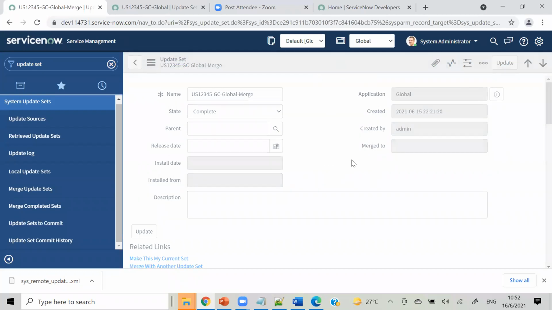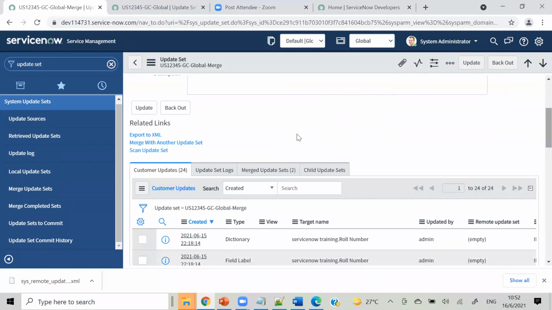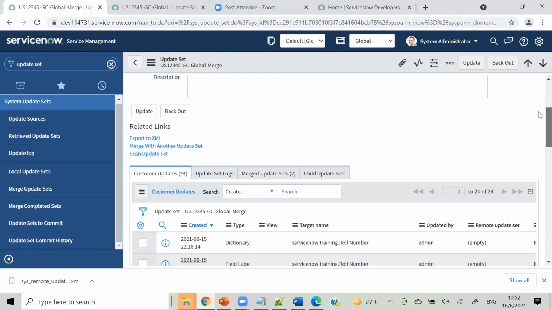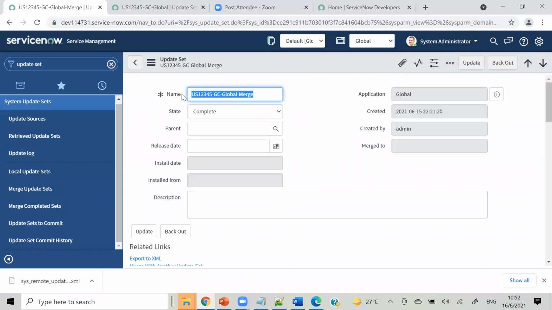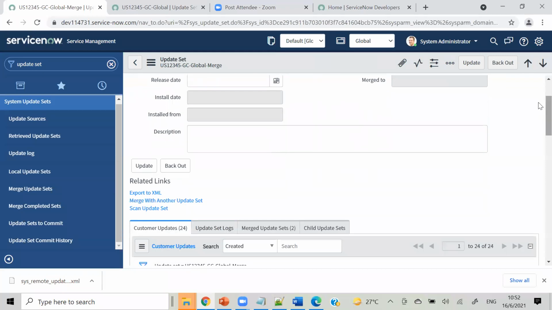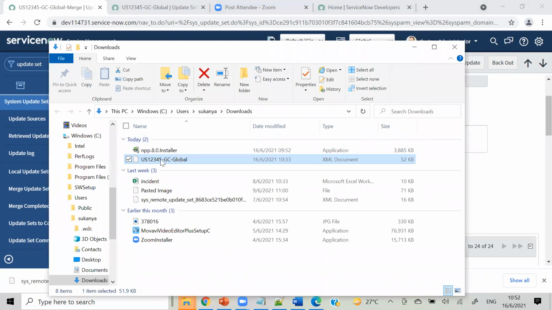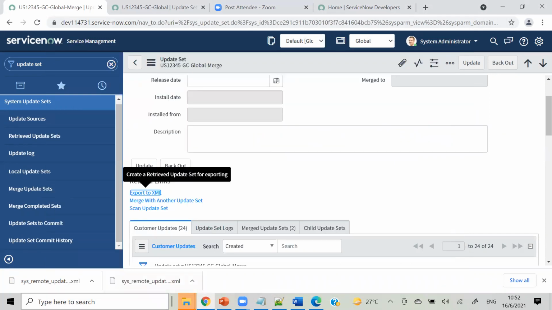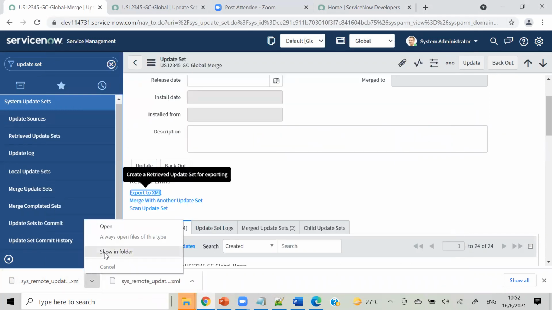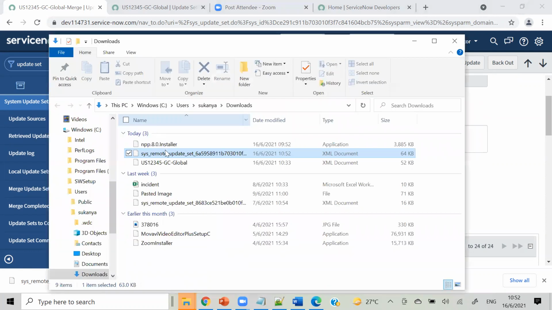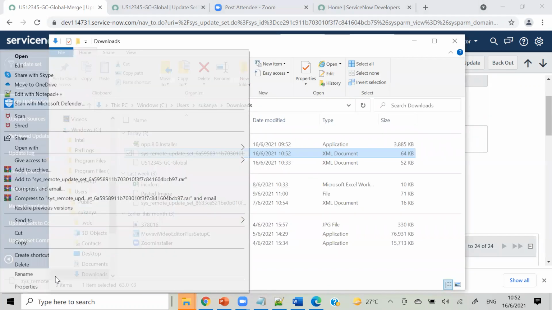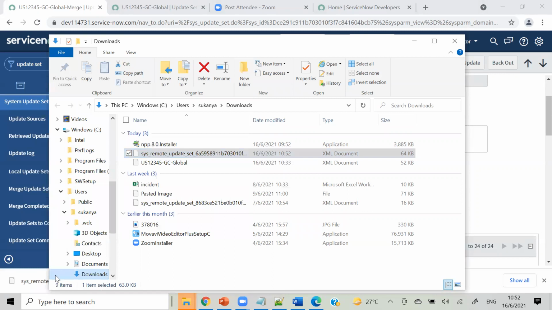So same, complete it, save it, export it, copy, export. Here it is. I am renaming it with a new name.